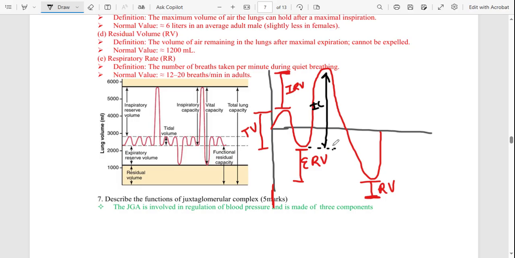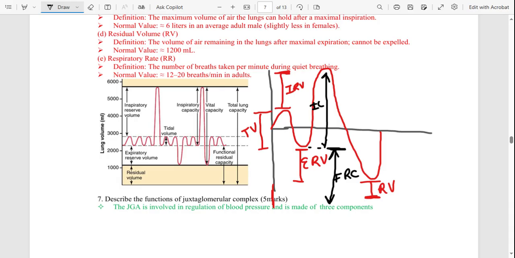So you are starting from here all the way to the very, very bottom. You can see that. So basically, for this one, you're combining the expiratory reserve volume with the residual volume, and that will give you what we call the functional residual capacity. Remember, these are capacities. Okay? So functional residual capacity is a combination of expiratory reserve volume with the residual volume, the amount of air that